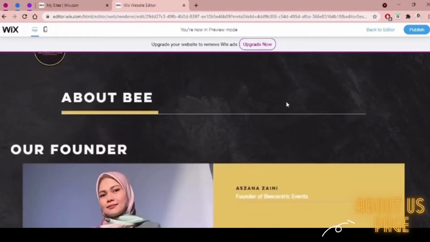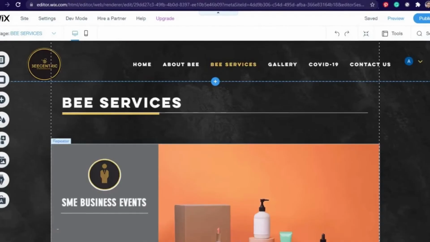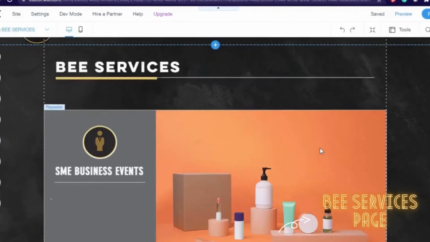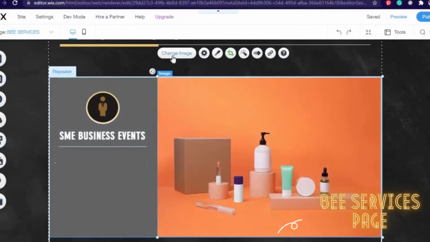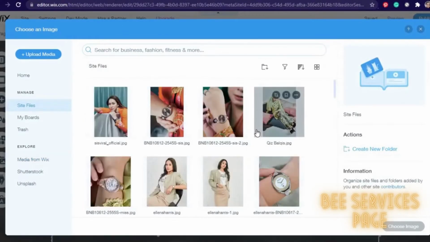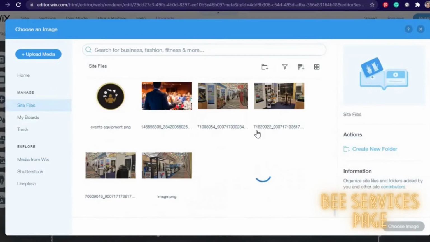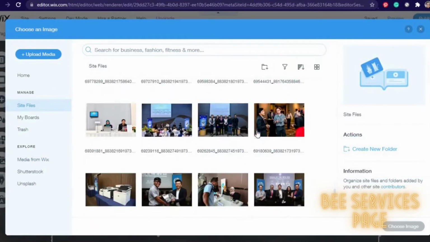And here I am reviewing the finished product. Okay, as you can see, this is the Bee services page, and now I'm changing the image to our client's preferred image, which she has given us, and I will use this one